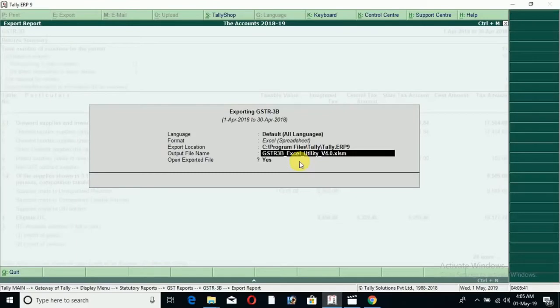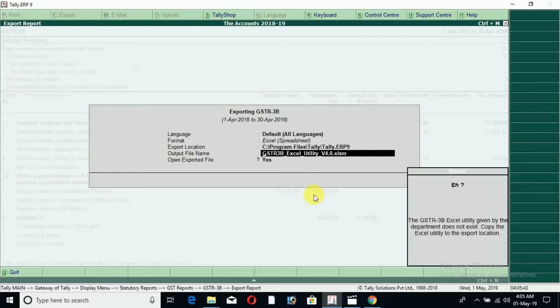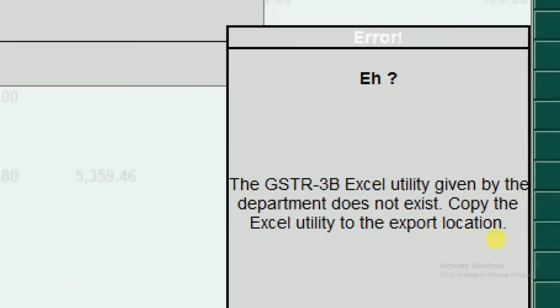Extension is XLSM. Then press Enter. An error message is appearing on a window. That is, the GSTR3B Excel utility given by the department does not exist. Copy the Excel utility to the export location.